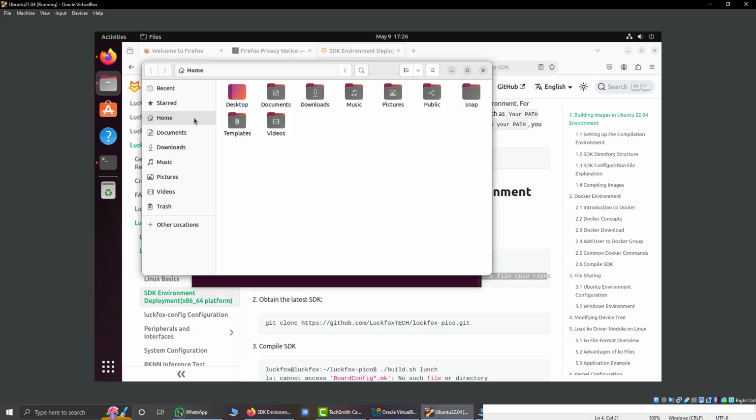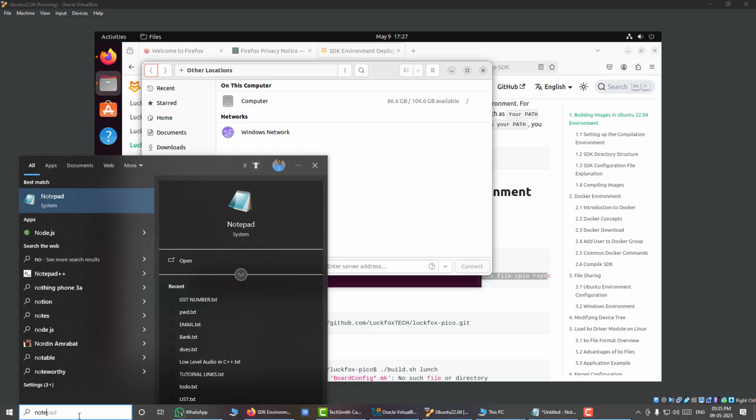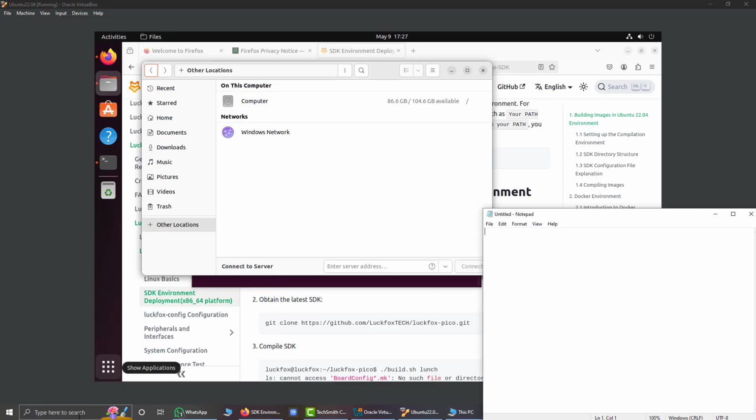So go to this and other location. Here you can see your computer and this is the status. Here we can see that we have a total of 104.6 gigabytes, out of which 86 GB are available. So please note it down somewhere, like a notepad, storage available